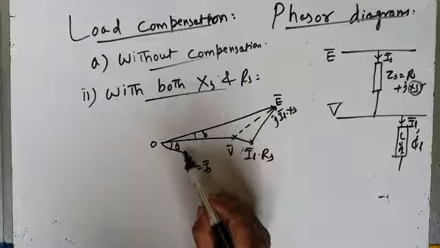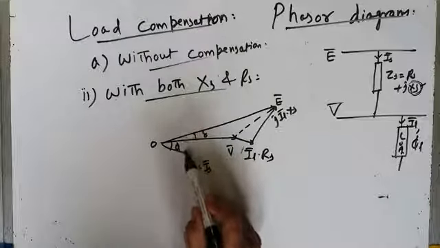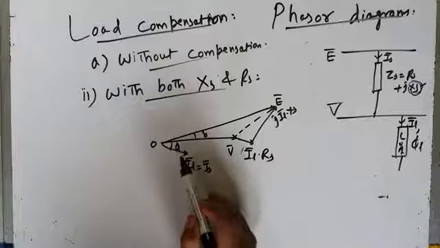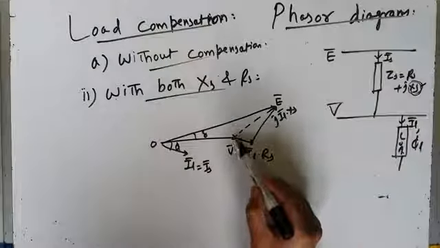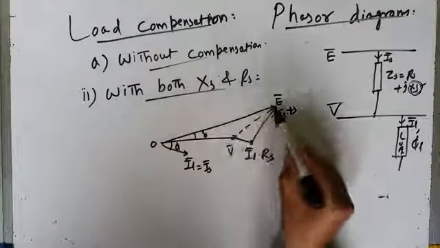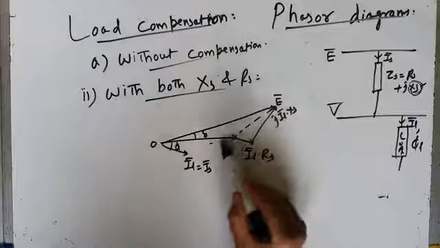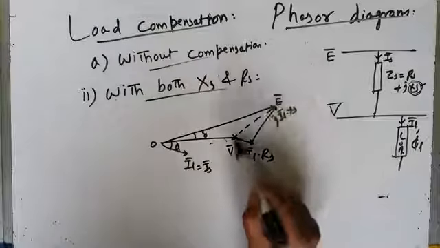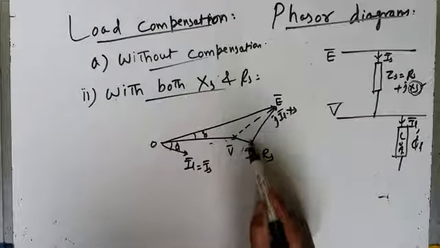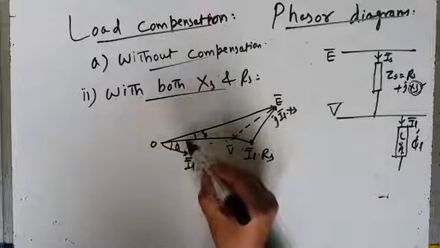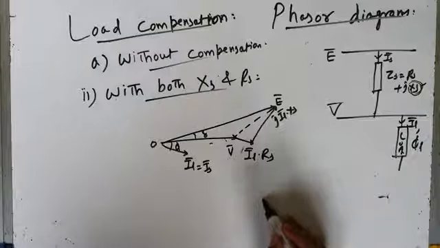Here I have not divided or decomposed IL into quadrature and in phase components. IL is the same as IS, so I can directly find the resistive voltage drop and reactive voltage drop, and this is the source voltage. So this is the load voltage, this is the source voltage. So the source voltage is the load voltage plus the resistive voltage drop plus the reactive voltage drop. If I decompose IL into in phase and quadrature components, then I can have a phasor diagram like this.